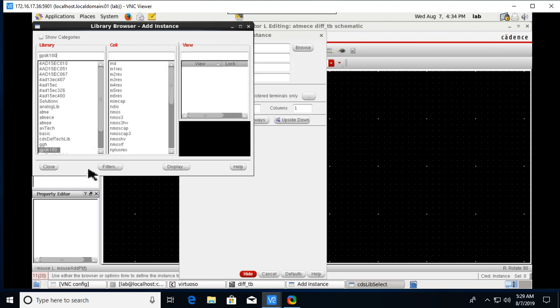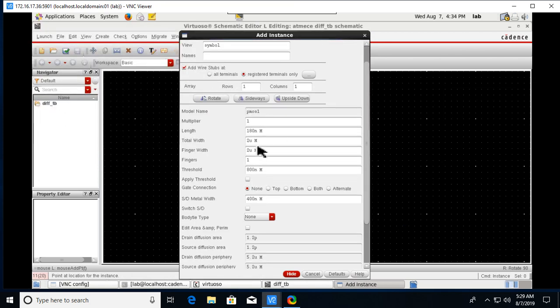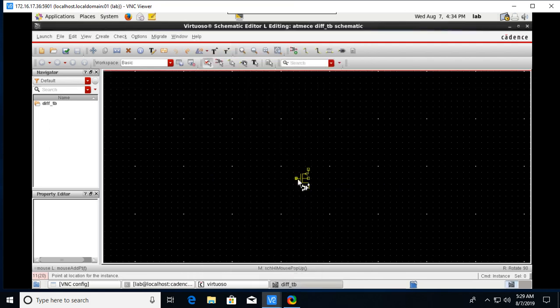GPDK 180, and we need two PMOS for that one. PMOS, okay, and we need to change some parameters here. Length is 1 micro, width is 15 micro, okay. And one thing you need to observe here,